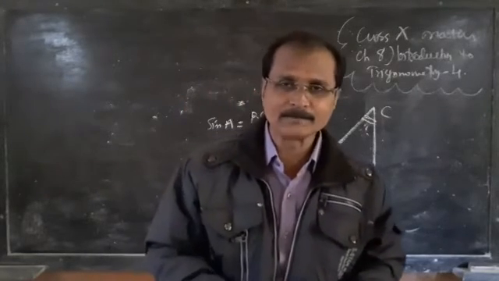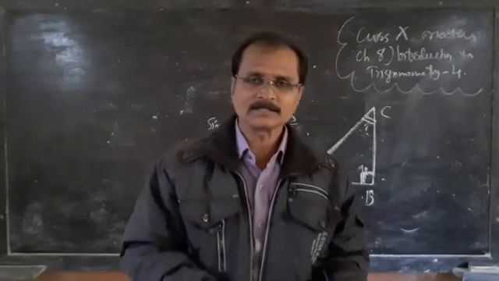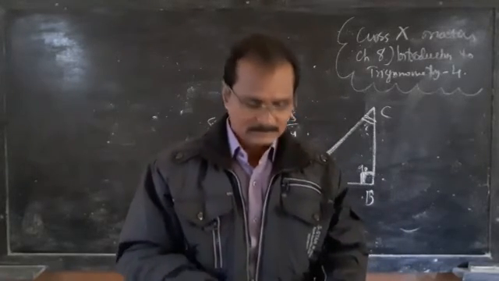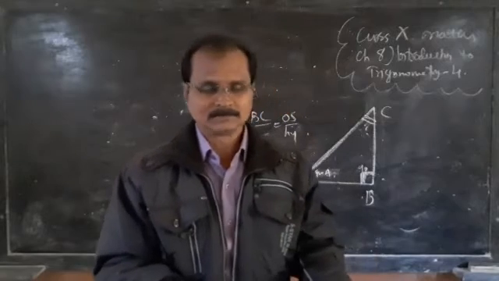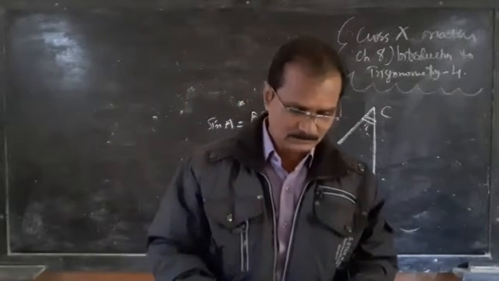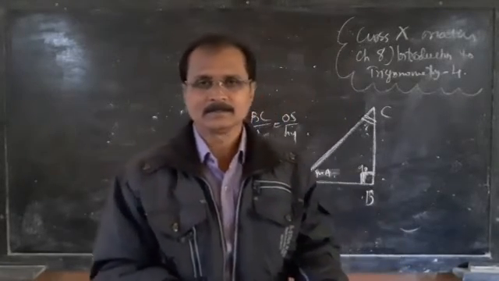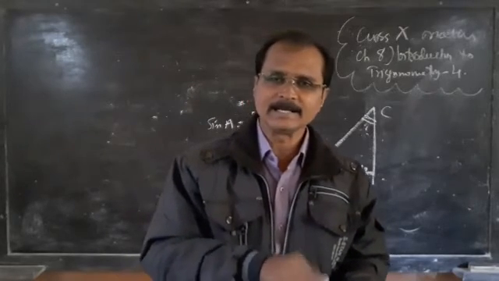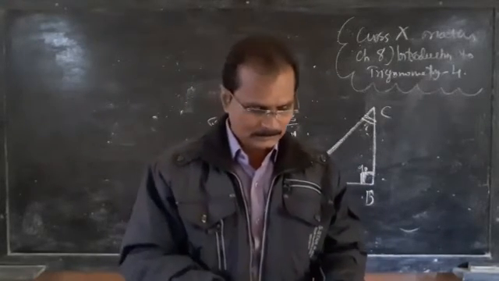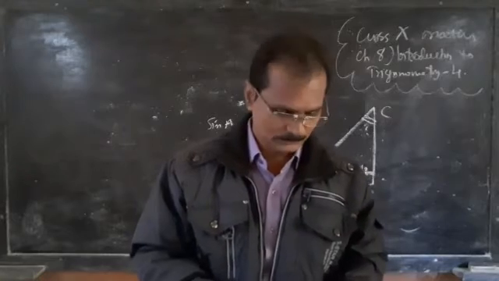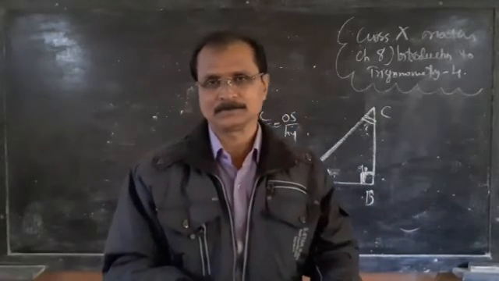So this table is very important, and today's homework: write the heading and write this table, sin 90 minus theta or A, whatever it may be. Here the angle is referred to by A, so you can denote it by theta also. So sin 90 minus A equal to cos A.